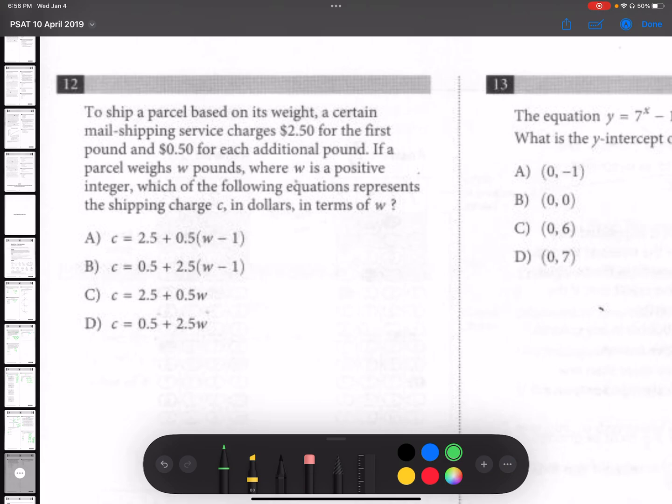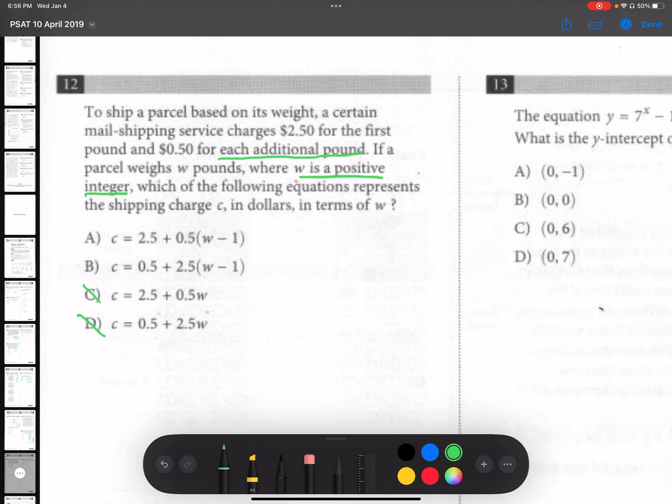So I know that it does say that W is a positive integer. Anytime you're given this information, you know that you're going to have a situation where you have to multiply it with anything that says for each additional pound. Because in this case, we don't have a proper y-intercept yet. So I know that W minus 1 is definitely going to be in the equation. So C and D are going to